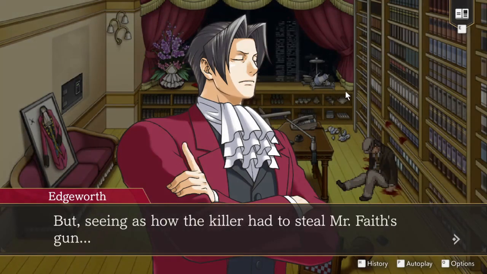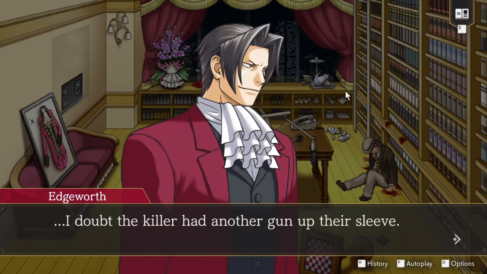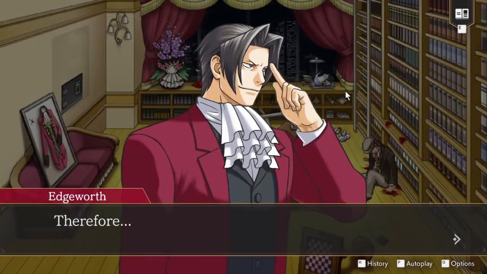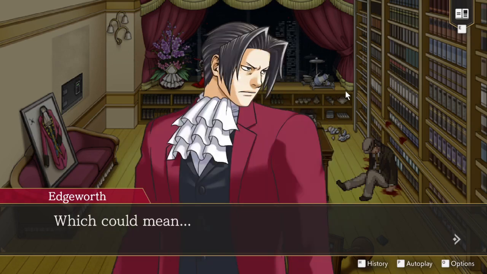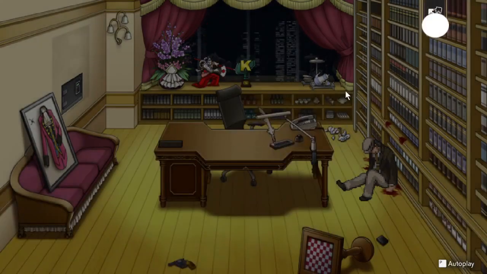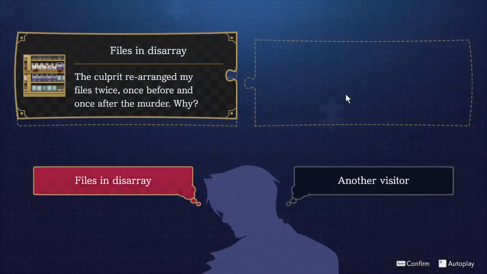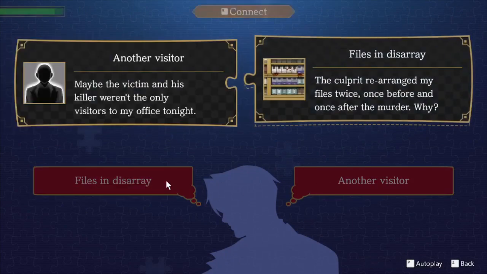But seeing as how the killer had to steal Mr. Faye's gun, I doubt the killer had another gun up his sleeve. Therefore, the second gun could have been the property of an entirely different person, which could mean that there was another person who paid a visit to my office tonight. Well, we only have two more things to connect, so